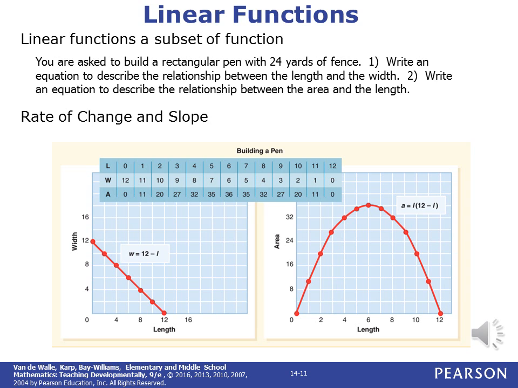But once we have the perimeter formula and we know that length plus width equals 12, then you could rewrite either one of those variables in terms of the other. For instance, width would equal 12 minus length, or length would equal 12 minus width. Either of those are sufficient. How about area? Well,